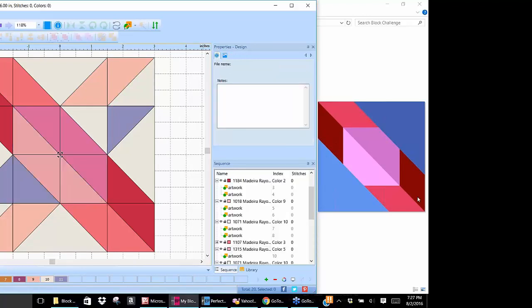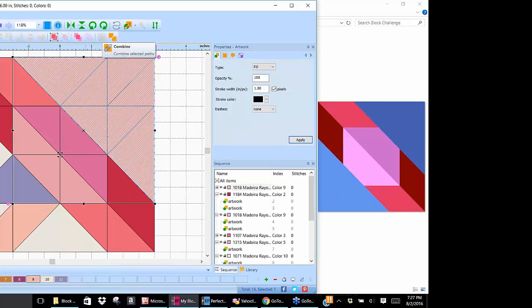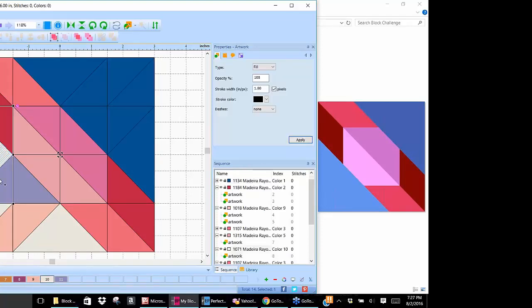And now we've got this whole section going through the center, which makes it very simple to select everything that's left in the top right-hand corner. I'm going to click, click, click, click, click, click, click, combine those so it makes it all one color, and we'll make it blue. Then do the same thing at the bottom. Click, click, click, click, click, click, click, combine them,